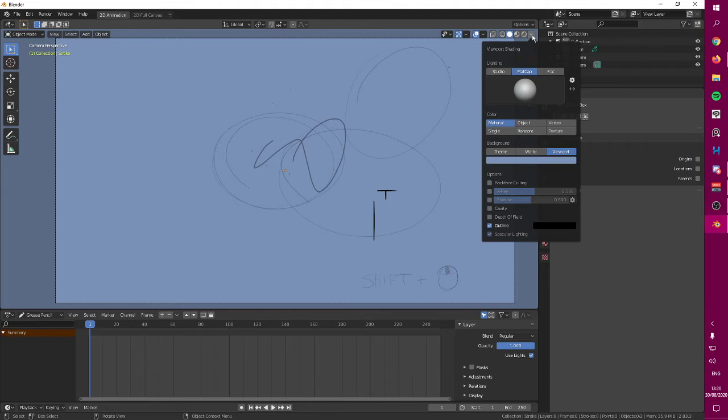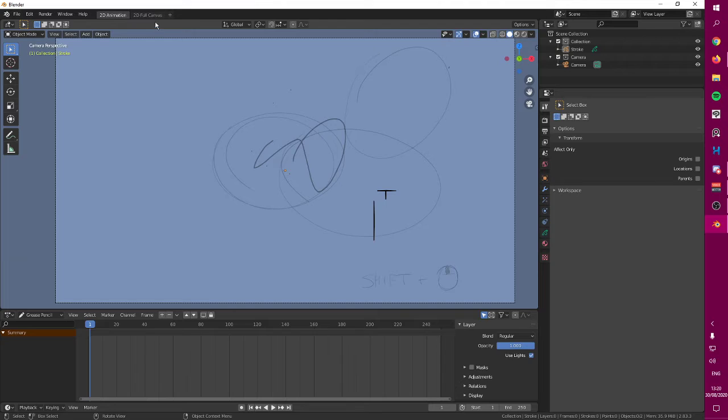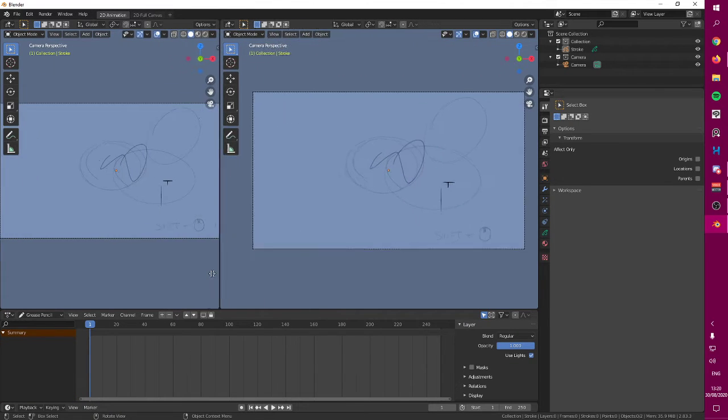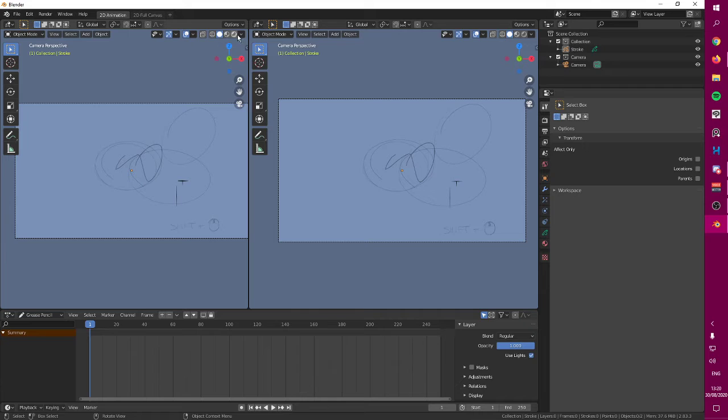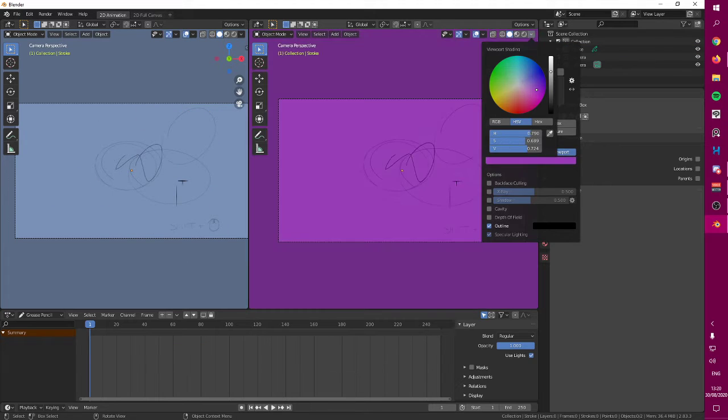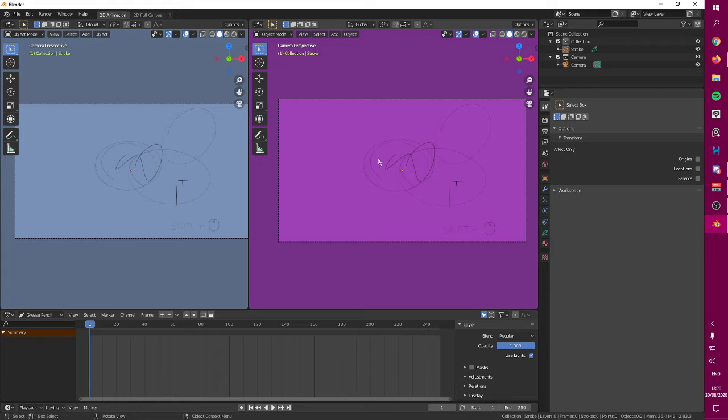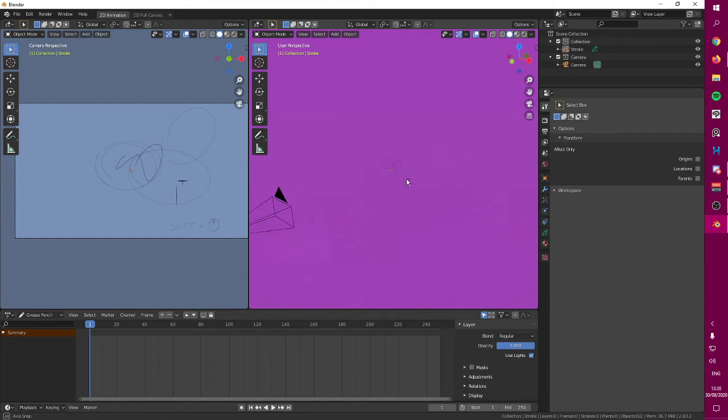One of the cool things about this is, if you have different views, let me show you in here, this is independent only to this panel. Now this is a different panel displaying the same thing, but if I change anything in this one, this is independent, so it's only changing on the panel that this is selected on.